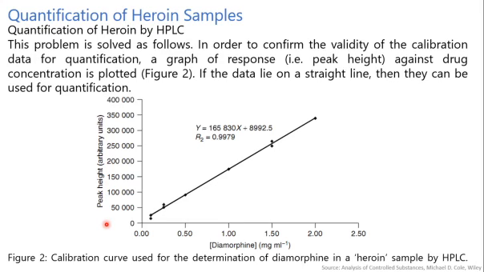If the data lie on a straight line, then they can be used for quantification. So this is the particular calibration data used for the determination of diamorphine. Here we have put the values of the peak height against the concentration of the diamorphine, and then we can get a straight line graph, or we can say the points lie on the straight line, and hence we can use this data for the